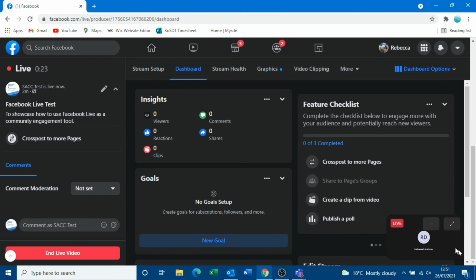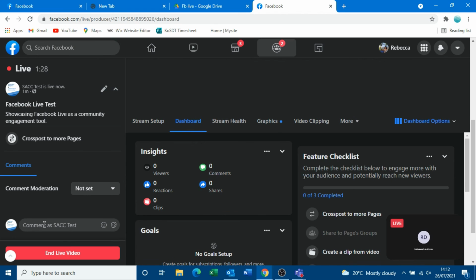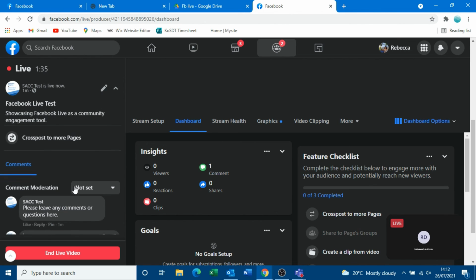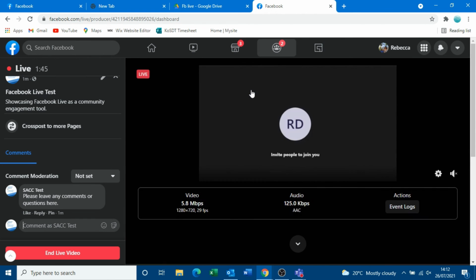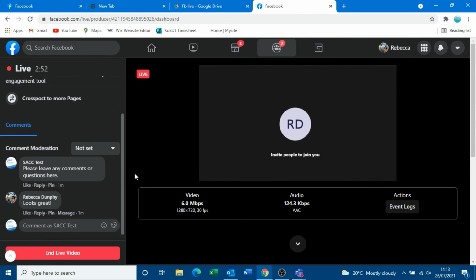Once everything is up and running, the Facebook Live producer will show your video and monitor the views, reactions, and shares of everyone that's watching your event. You can see the comments in the left-hand side, which is really nifty. Just like before, it's the time where the monitor and the Tech Whiz can keep track of comments or questions and then pass them along to the host to be addressed. Again, make sure that the host is comfortable with the way that they're receiving these comments.